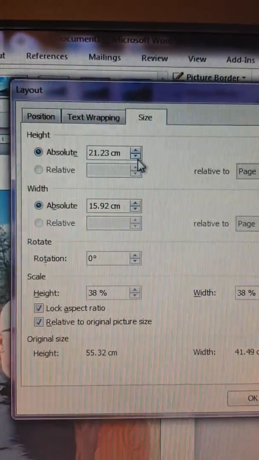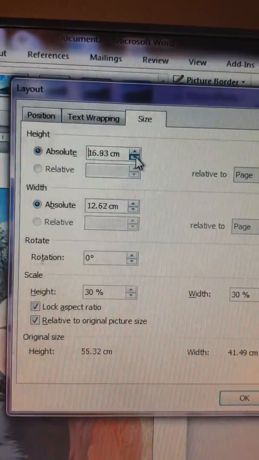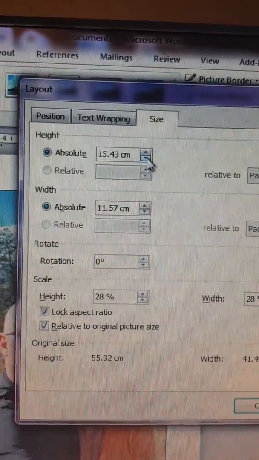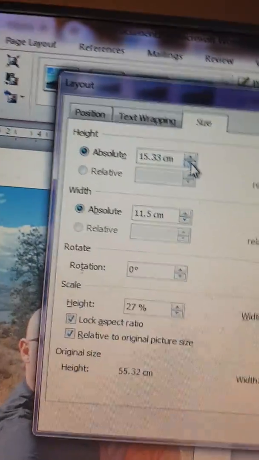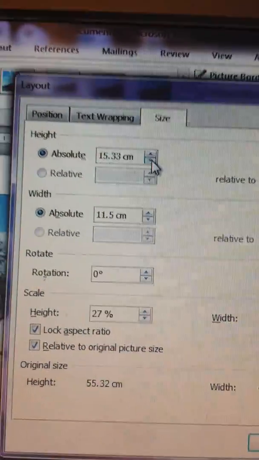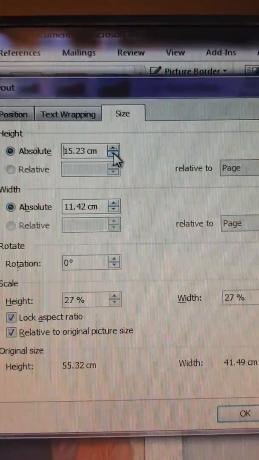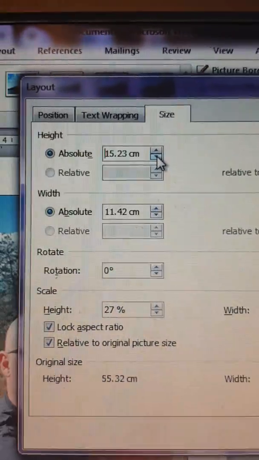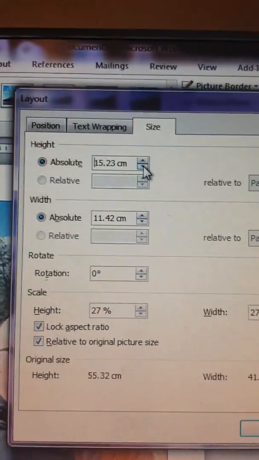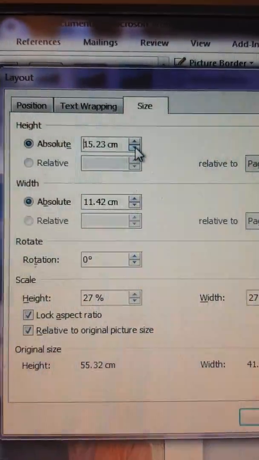So what I'm going to do is just resize this down. So I'm going to keep clicking here now. You can click in the wee box, but I'll just do this. And as I'm resizing that down to as close to 15 as I possibly can, you can see that the width has actually come down as well. So I'm going to keep a wee bit of a trim in this here for you. So whenever you put it on your block, you're going to have a wee bit to trim off and a wee bit to work with. But to keep the proportion of the photograph where it doesn't look distorted,